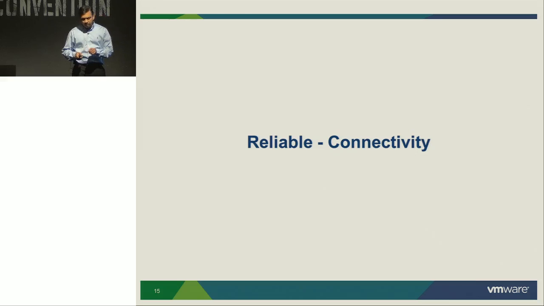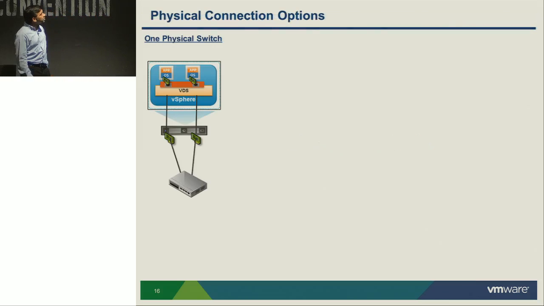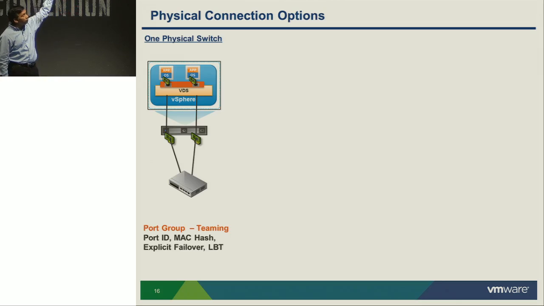Okay, so the 5 parameters which I talked about earlier, first let's take reliability, and take a look at how you connect your distributed switch to your physical network. And this is a very old way of doing connections to the physical switch. If you look at this example, you have a host with two 10 gig NICs, and you are terminating directly on one physical switch. You have some port group configuration up there on the VDS, where you have options of